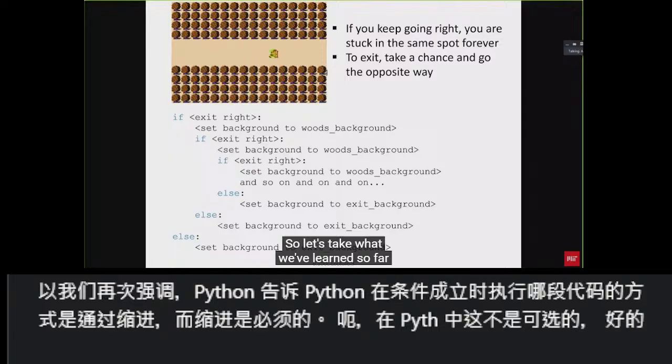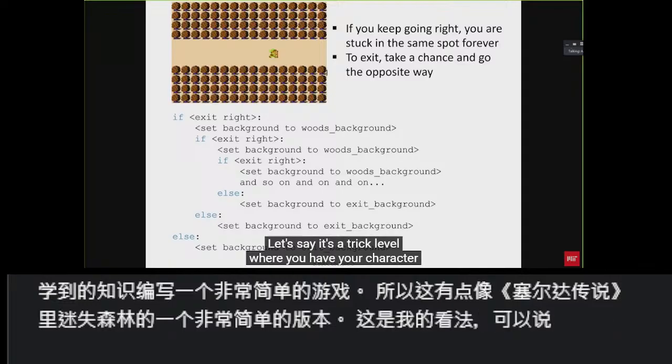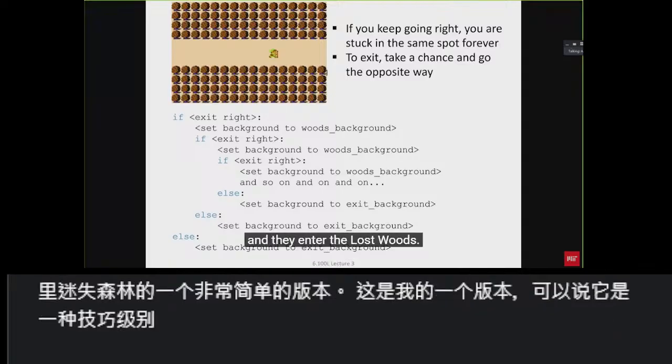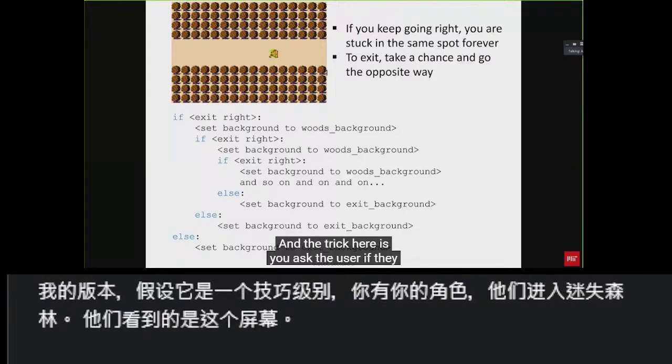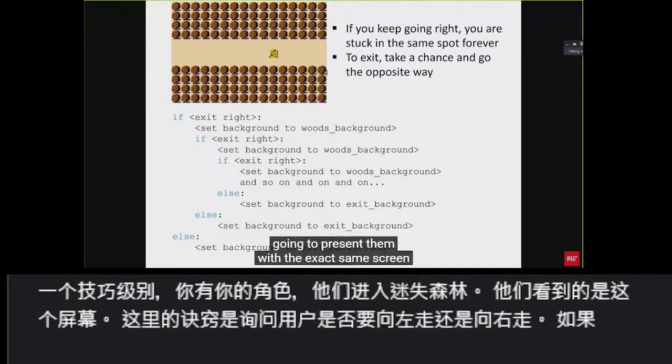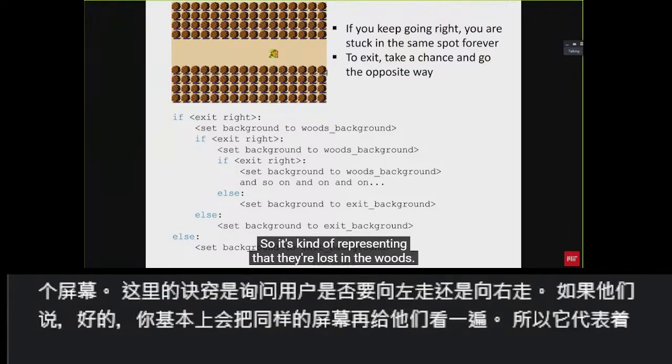Okay, so let's take what we've learned so far and code up a really simple game. This is a very simple variation of the Lost Woods in Zelda, my version of it. Let's say it's a trick level where you have your character and they enter the Lost Woods. They're presented with this screen. And the trick here is you ask the user if they want to go left or right. If they say right, you're going to present them with the exact same screen all over again. So it represents that they're lost in the woods. And as long as they